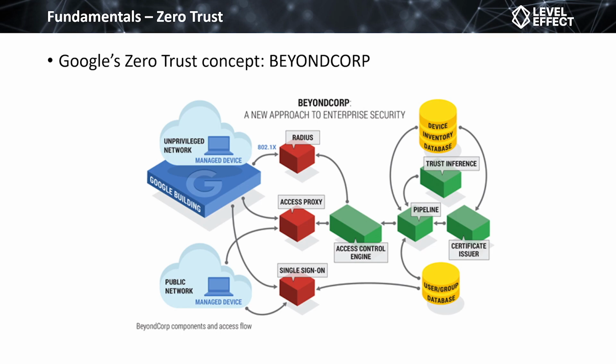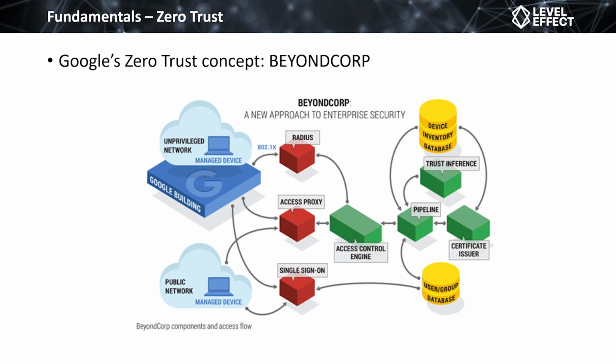Essentially, their role is to manage that request at that point in time and to infer, should we trust this device and user or not trust this device and user? And you can see everything in this diagram is readily available, and we're already accounting for all the things we talked about we needed for good identity and access management. We've got device inventory. We're keeping track of the devices, the state of those devices, the behavior of those devices. We've got user and group database, where we know of the users, the groups, their privileges. What are they authorized to? When was the last time they authenticated? How long have they been authenticated?